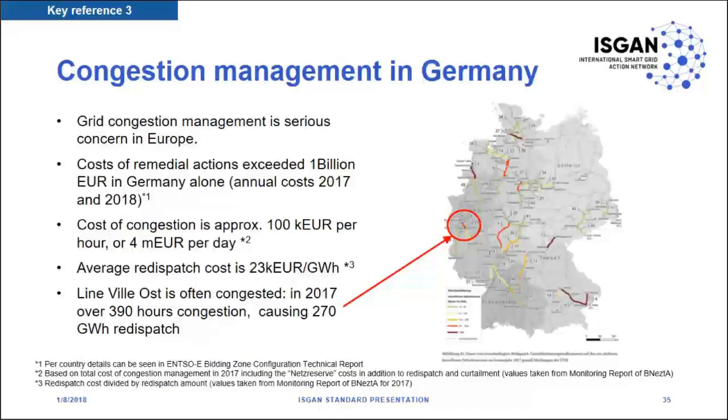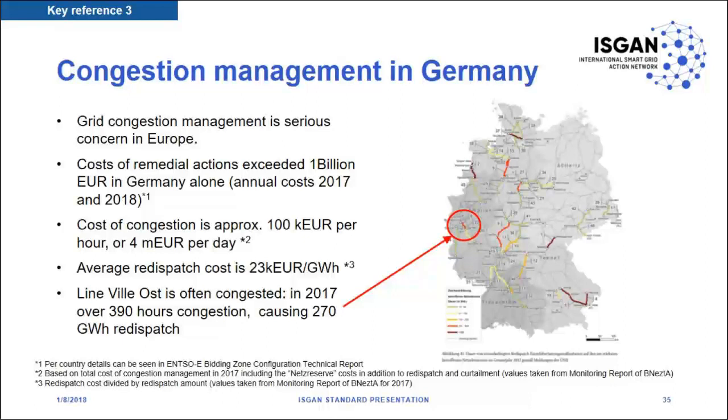And we go to the third example, which is from Germany, where there are vast amounts of congestion on a daily basis. This is known to be mainly caused by increasing wind power installations in the north of the country, which needs to be delivered to the demand centers in the south of the country. This is compounded by the exiting nuclear and coal power plants, which are in the south, and they're being phased out at the moment. The German regulatory authority publishes annual statistics in which it reports the top congested lines in terms of numbers of hours congested,